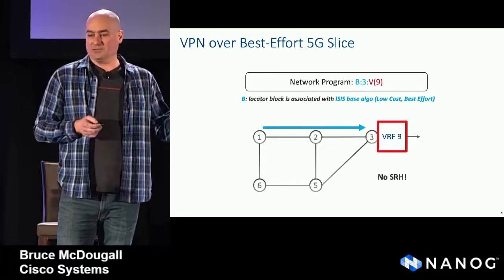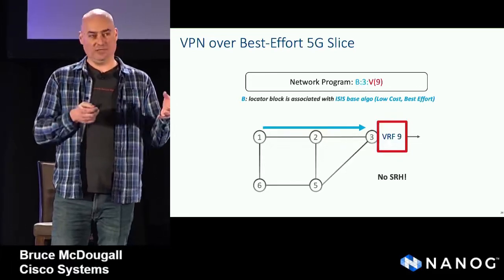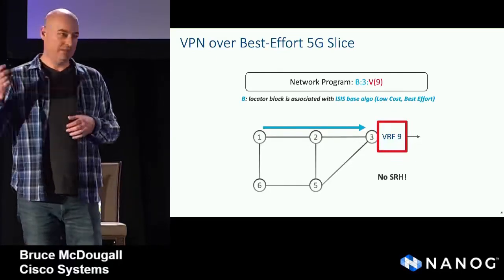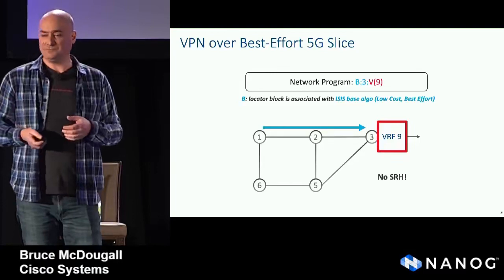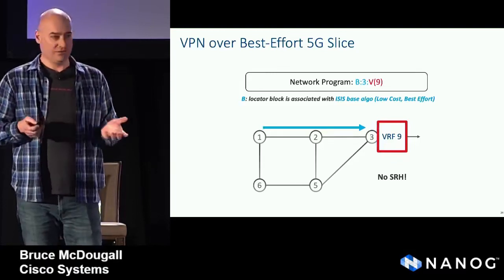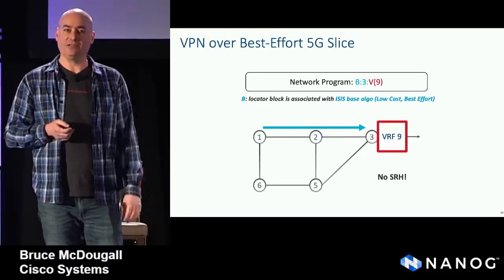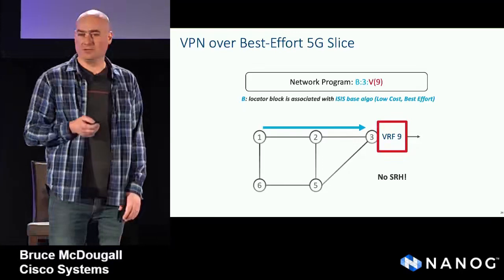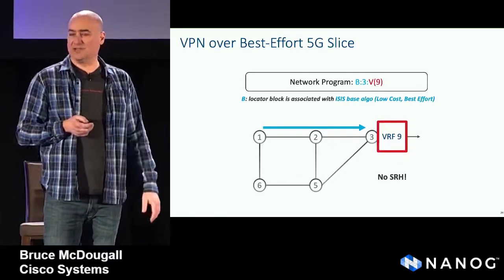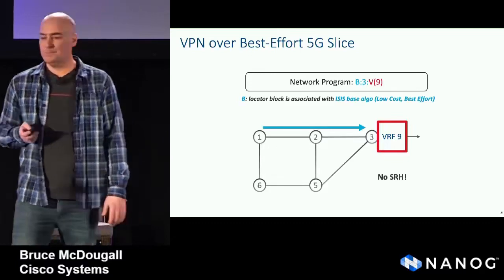So when the packet enters the network at router 1, it's going to encapsulate it in a locator plus a function SRv6 header. So the egress PE node is B3, and then the function is VERF9 in this case. So this is a very simple encapsulation. It's a simple program because we don't need to do anything complex with routing here. We're just IPv6 routing it. So a simple IPv6 header on top, no SRH. So very little overhead.